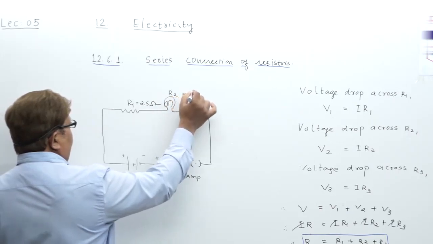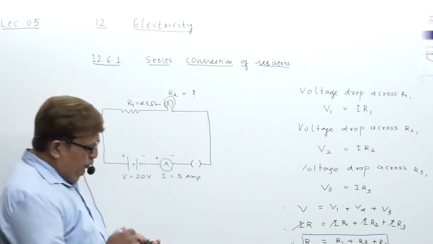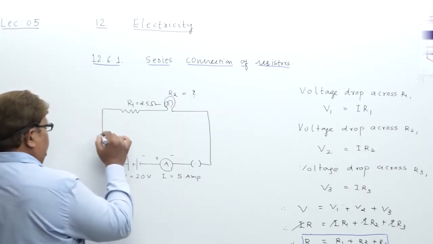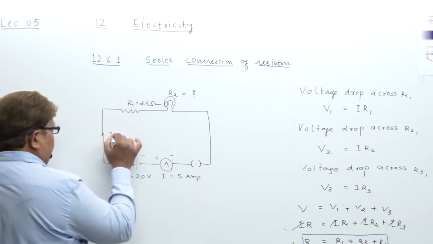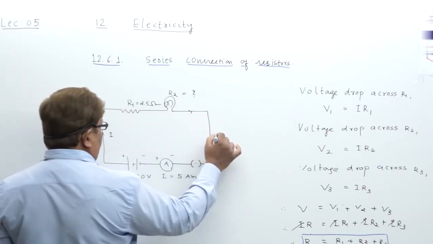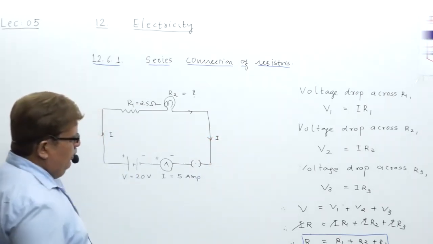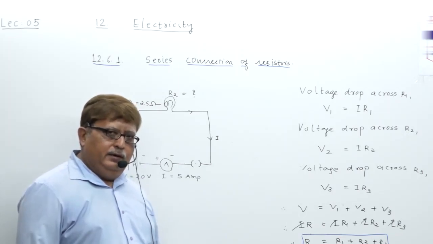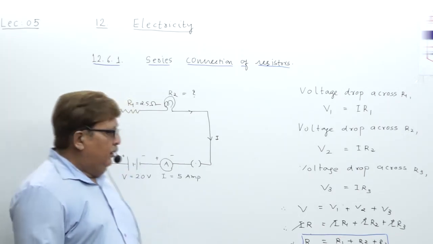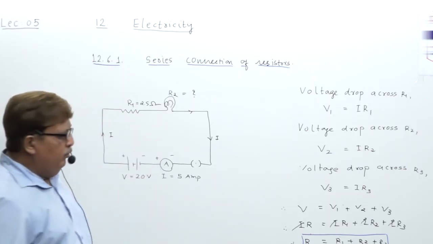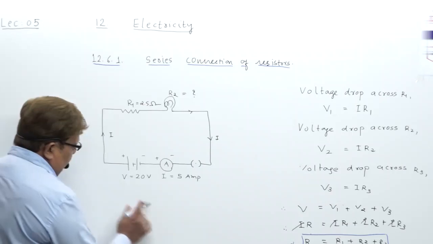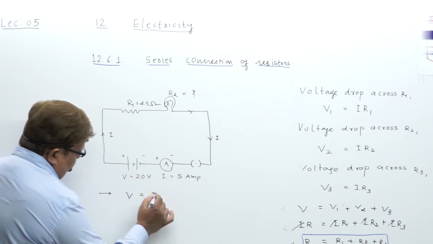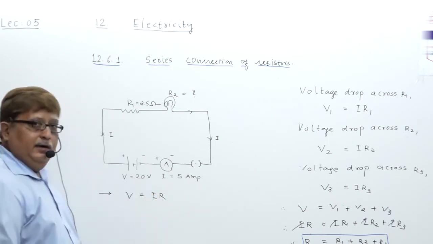And if I ask you what is R2, suppose such a circuit has been given, try to understand such an example. Two formulas only I told you to remember. One, Ohm's law, V equal to I into R, and another, the resistors are in series connection. So, my dear student, let me write the formula for Ohm's law. What is that? Can you tell me? V equal to I into R, as you know.